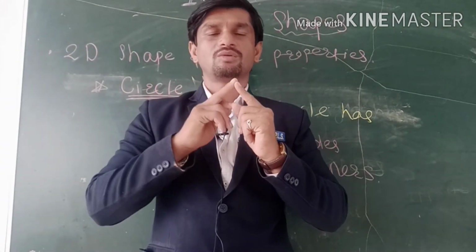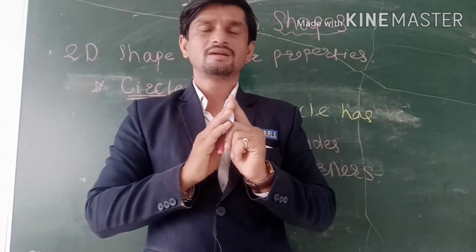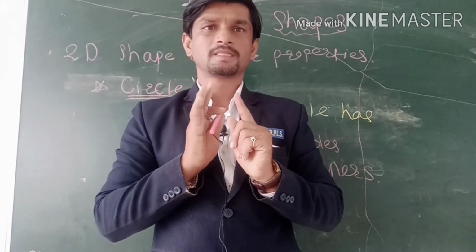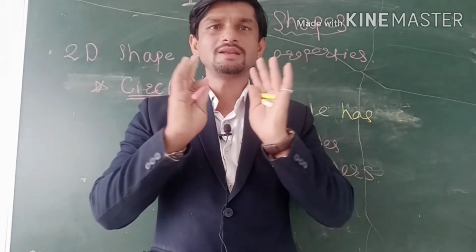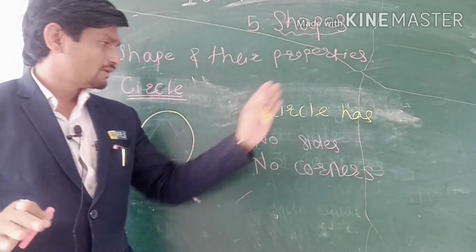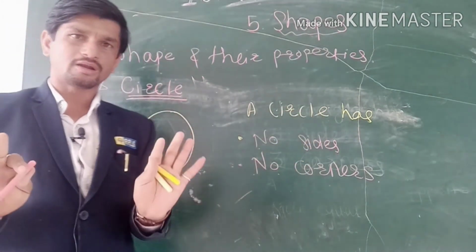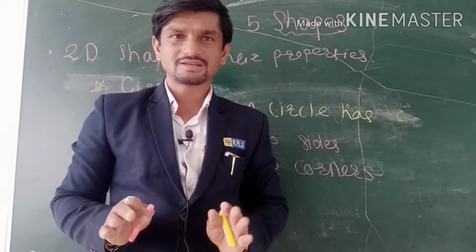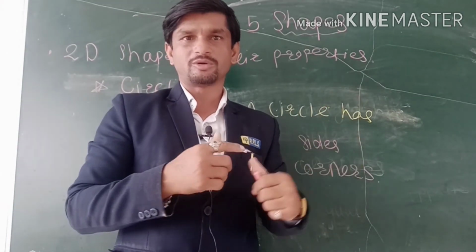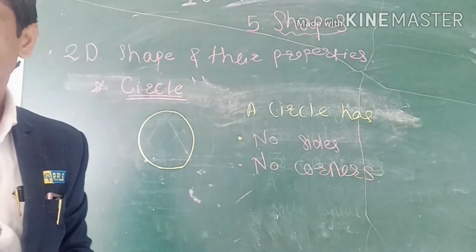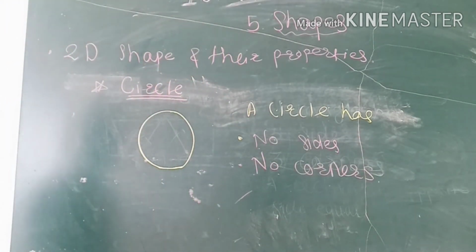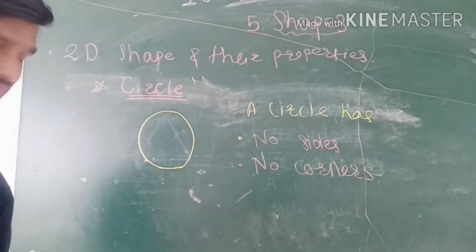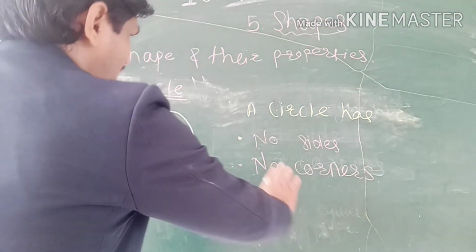In a circle there are one radius and diameters, or these things will be included in a circle. Other things will not be included, like sides and corners. Understood about this? Yeah, I hope you understood about this. Good. Now regarding oval, same. Oval means what? We will see in this point. Same.